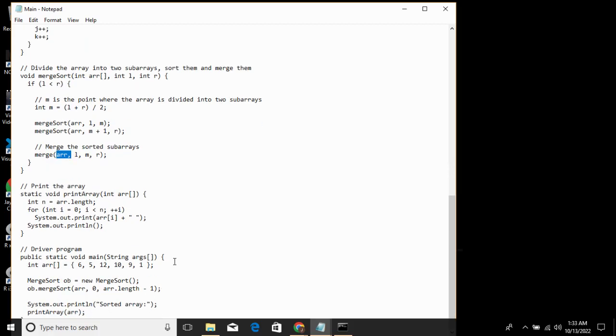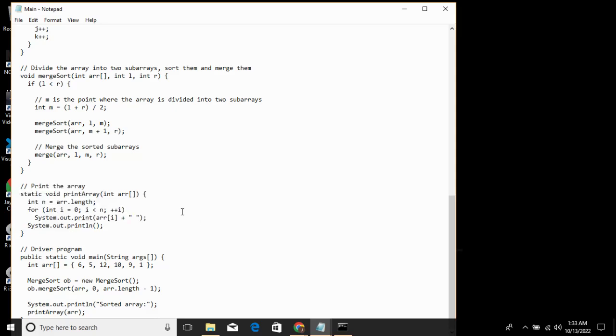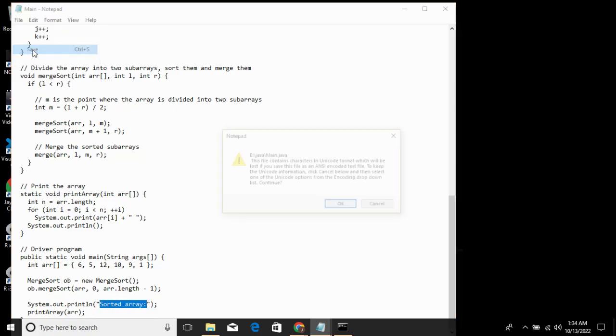ஓகேவா? சோ அதுக்கப்புறம் என்ன பண்றோம், print the array. சோ public static void main-ல நம்ம array எங்க டிக்ளேர் பண்ணிட்டோம். சோ MergeSortக்கு ஒரு object கிரியேட் பண்ணிட்டு அந்த object வழியா நம்ம MergeSort-ல பாஸ் பண்றோம் array, 0, array length minus 1. சோ sorted array அப்படின்னு சொல்லிட்டு அந்த அரேயை பிரிண்ட் பண்ண சொல்றோம். சோ ஃபைல்ல போயிட்டு சேவ் பண்ணிட்டு